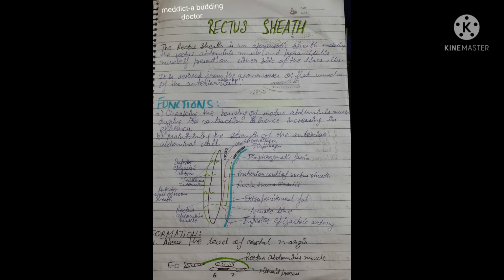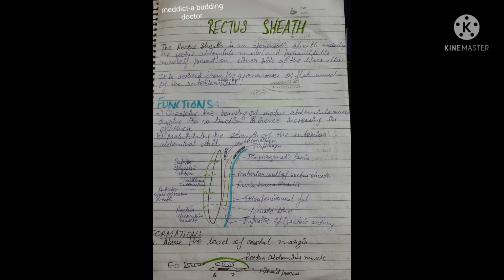Now with the help of this diagram, I am going to explain the features of rectus sheath. The rectus sheath presents an anterior wall, which is shown in green, and it also presents a posterior wall. It is marked here as posterior wall of rectus sheath. The anterior wall is complete and covers the entire extent of muscle longitudinally from the upper end to the lower end, and the posterior wall is deficient above and below, hence does not cover the entire extent of the muscle